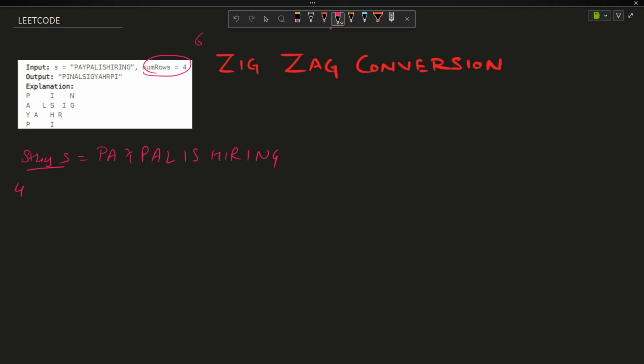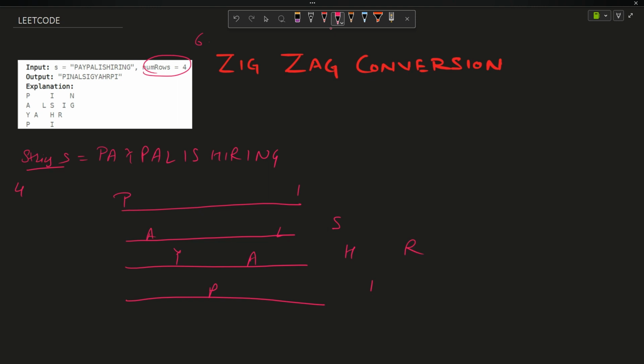In the diagonal form, how diagonal form? You have been given four rows: row number 1, row number 2, row number 3, row number 4. You start from the topmost row and start putting the letters. It will look something like this: P A Y P A L, and as you reach the end, you will start traversing upwards. P A Y P A L I S